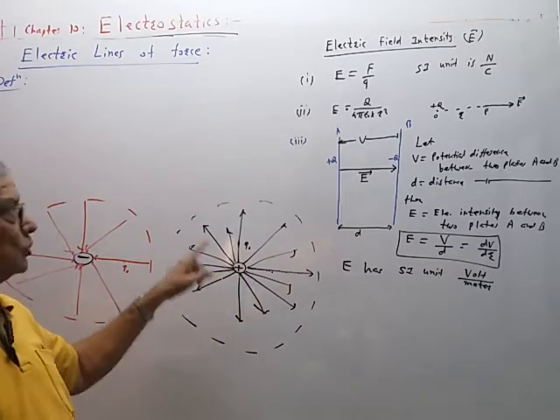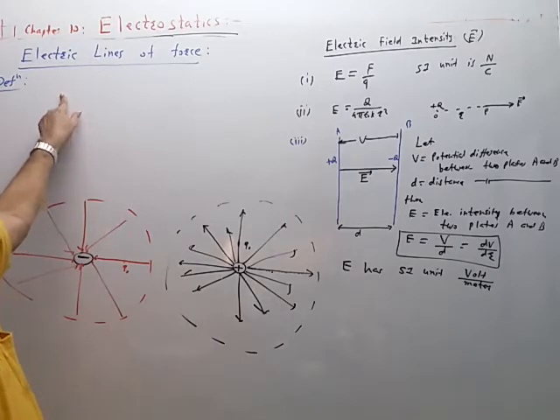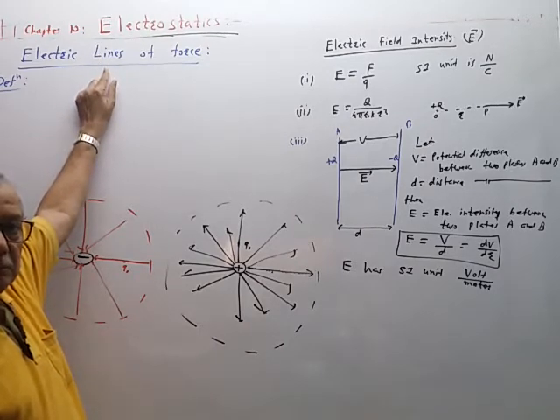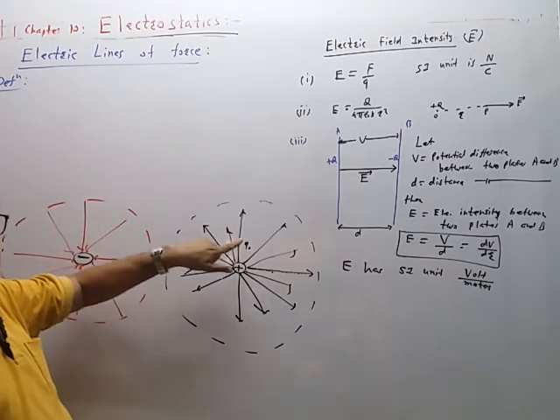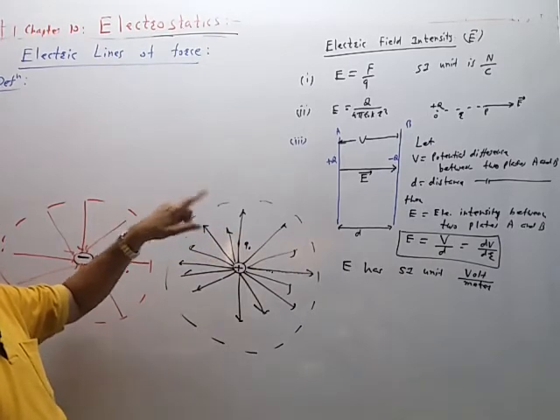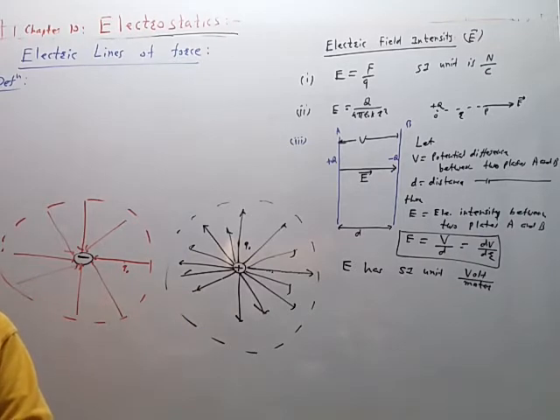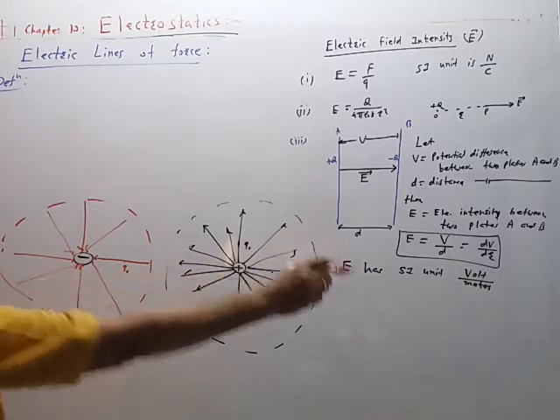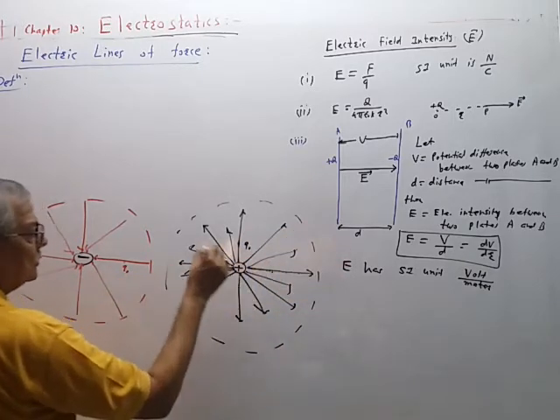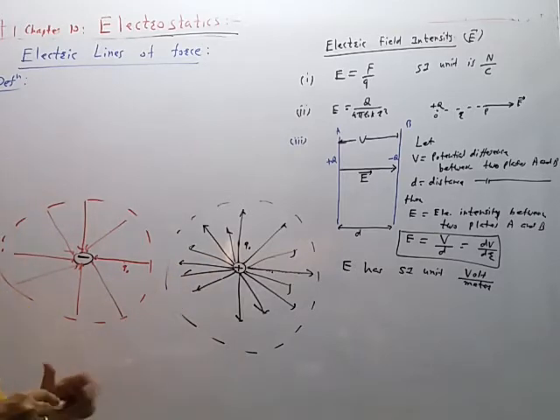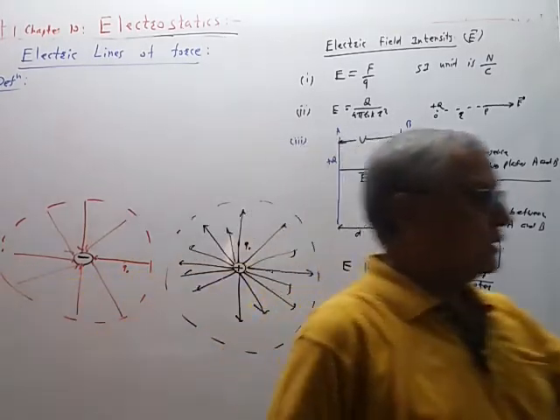It is a line. So the definition is given like this. The line or the path along which the test charge, which is always taken as positive, but instead of test charge we will consider the unit positive charge, moves in an electric field is called as the electric lines of force. So definition of the electric lines of force is like this, sir.